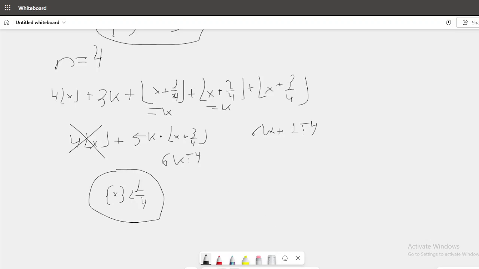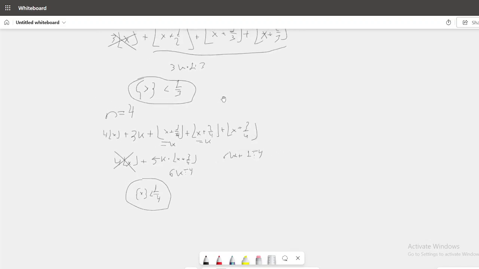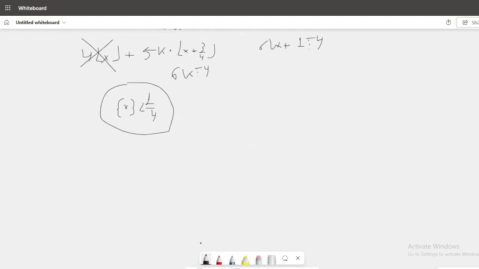And, well, it looks like we're seeing something. For n equals 3, the fractional part of x is less than 1 over 3. Then the fractional part of x is less than 1 over 4. So maybe try generalizing for n. So we get the sum, let's call it S, is equal to n times the floor of x plus, well, remember this,